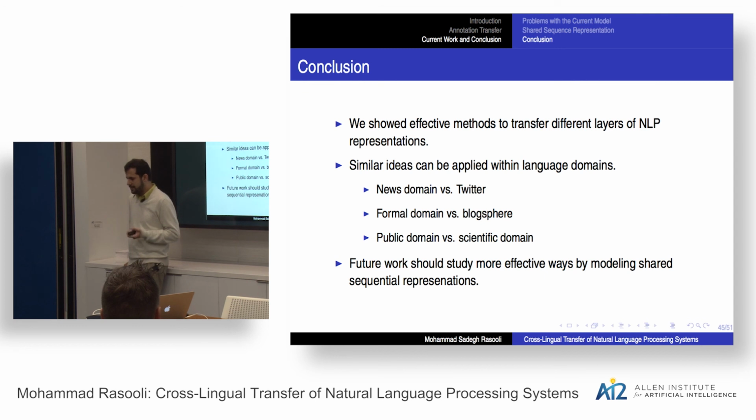But the question is, can we apply this to different domains or different problems, such as instead of looking at different languages, looking at different domains? For example, our data is on the news domain, and we're targeting the medical domain or Twitter domain or blogosphere domain. Or the other way is, can we train one shared representation for tons of different NLP tasks, so we don't have to do this tedious work of training things for all independent tasks? These are the things that I think should be addressed, and I should really think about